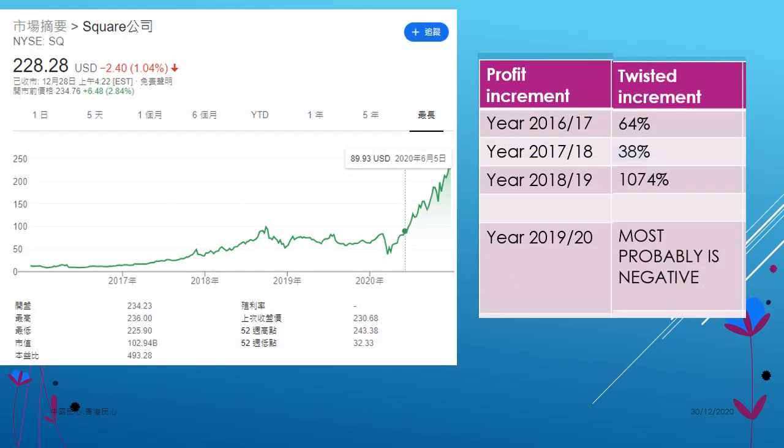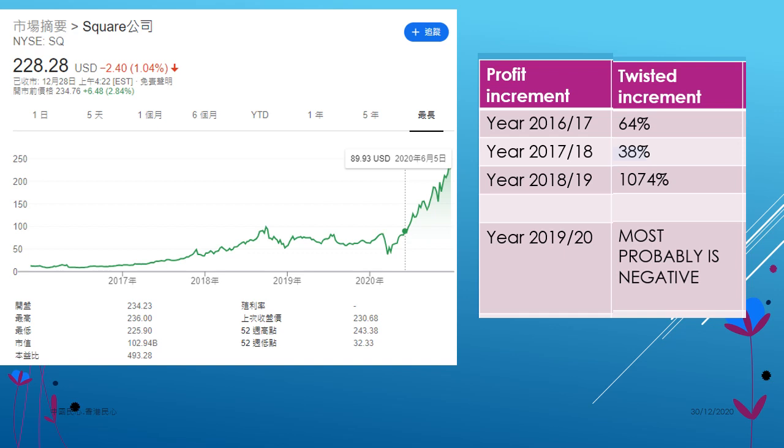I have recapped the table just next to the price history so you can see. Actually, when we compare the trend of the net profit increment to the stock price, you can see the first is end of 16 to end of 17, right? End of 16 is the early of 17. So you can see it goes up. From the price history, from 17 to 2018, the share price goes up. Reasonable, right? Okay, we move up to the second.